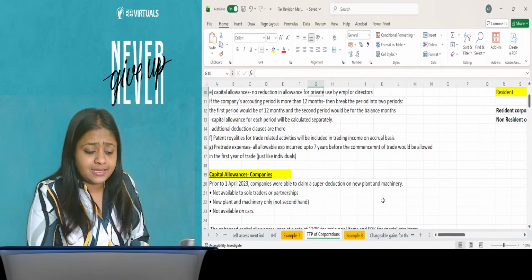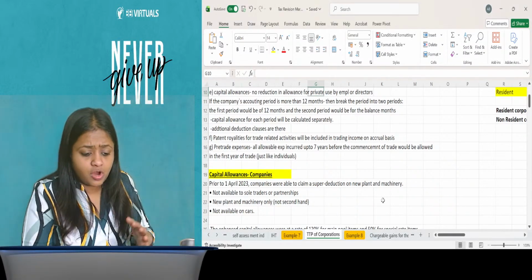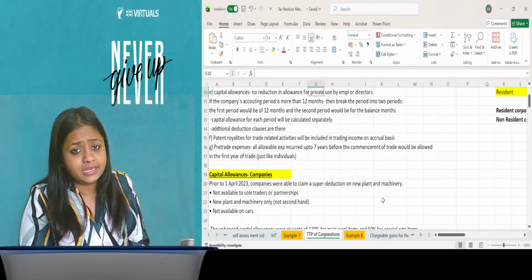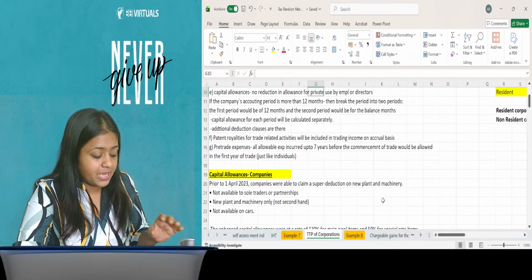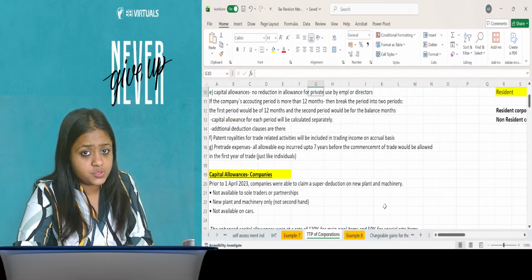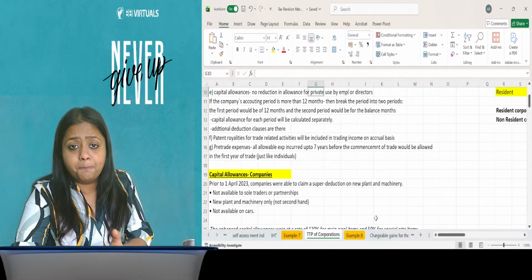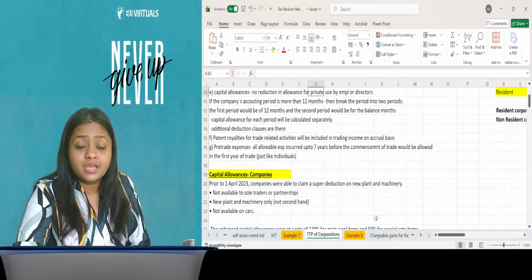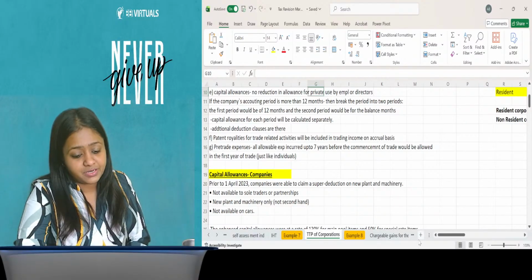Let's do one thing, guys. We will do the corporations and the complete part. Let's take a 5 minutes break and then let's do it. Okay, I'll take a 5 minutes break, and when we continue, we will complete and understand this complete TTP and the other corporation topics. So let's resume in 5 minutes.